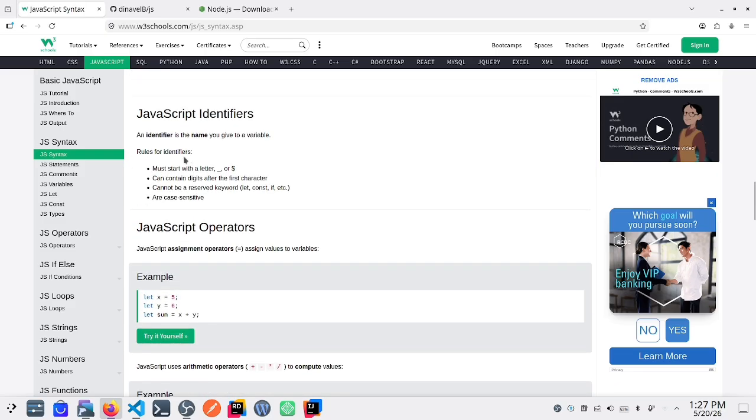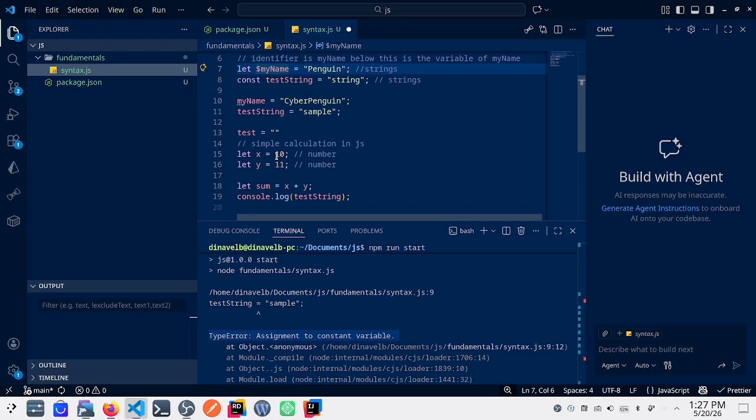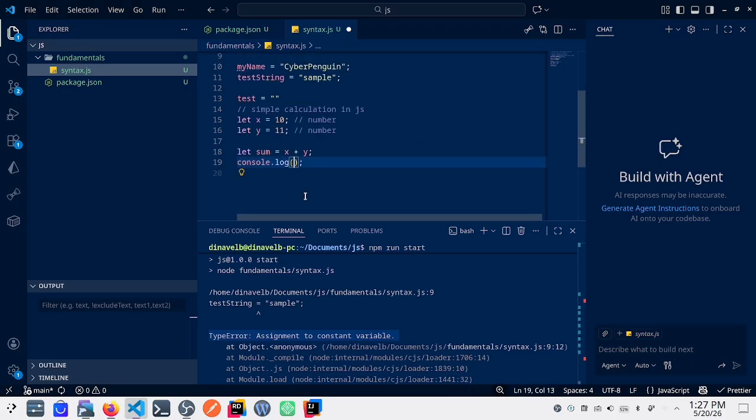After that, an identifier must start with a letter, underscore, or dollar sign. So your identifier or variable can be like this, with a dollar sign, and only underscores and dollar signs are allowed in identifiers.